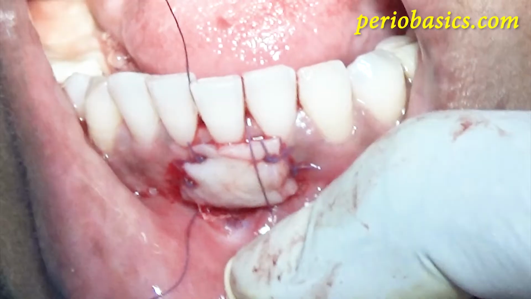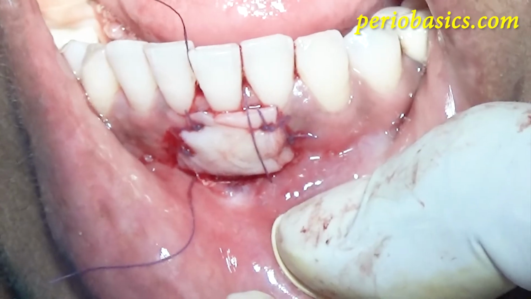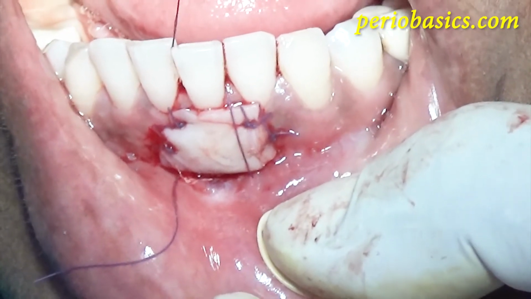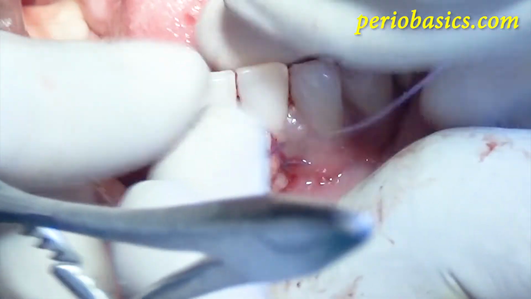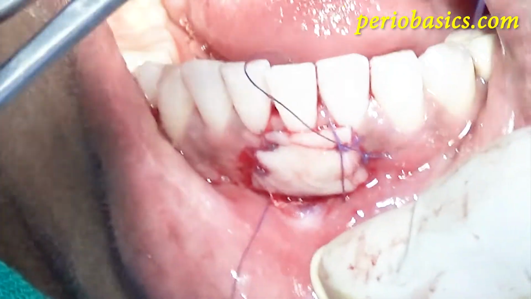Now you can see that I'm placing this knot so that our graft is totally secured under this suspended suture.